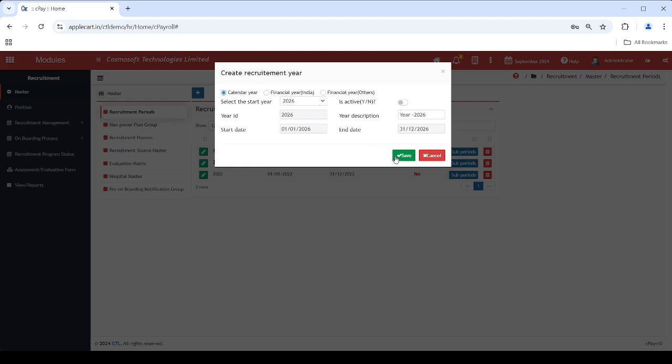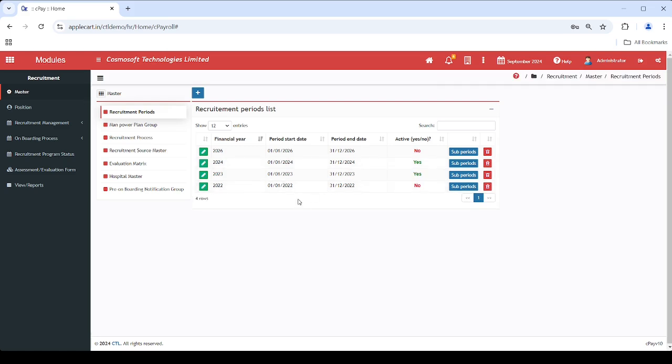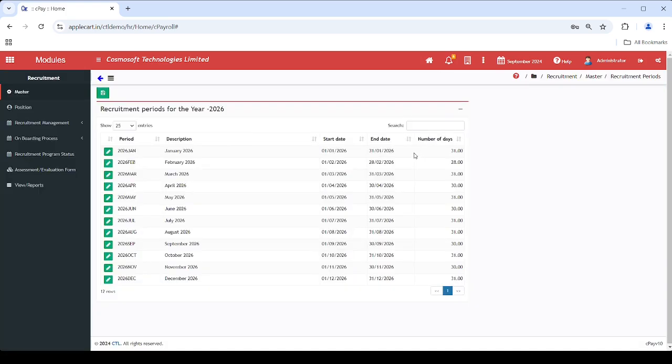Once these selections are made, the system will automatically populate the fields for year ID, start date, and end date. After verifying the information, save the details to finalize the creation of the new recruitment period. The period can be further subdivided into monthly periods.